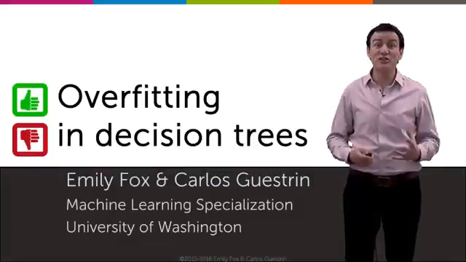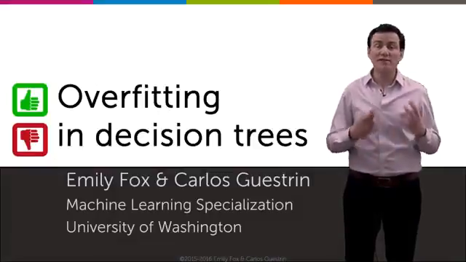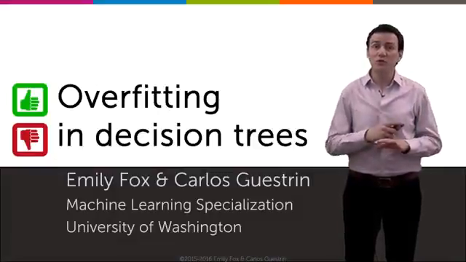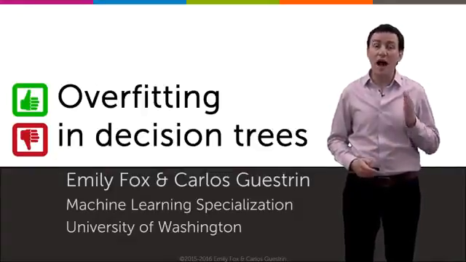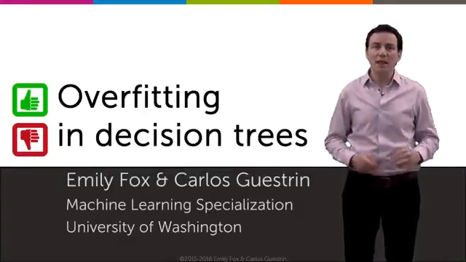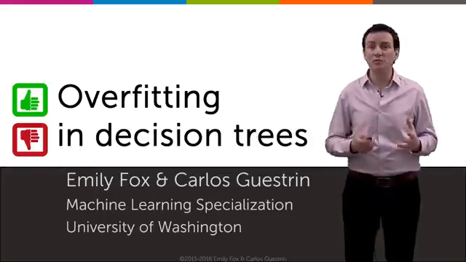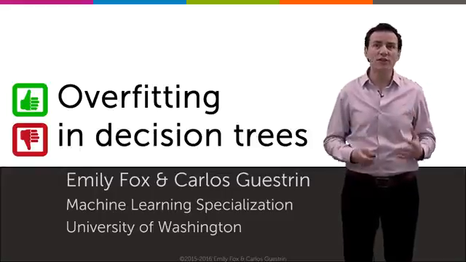We've now seen the basics of decision trees, which are an amazing type of classifier that can be useful on a range of different types of data. However, decision trees are highly prone to overfitting. And so let's dig in a little bit in this module on how we can avoid overfitting in the context